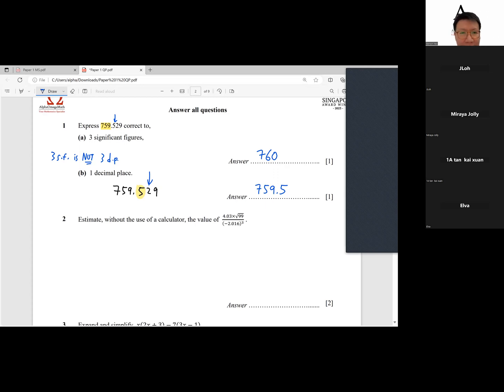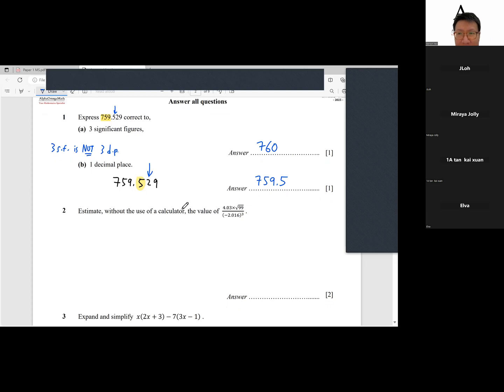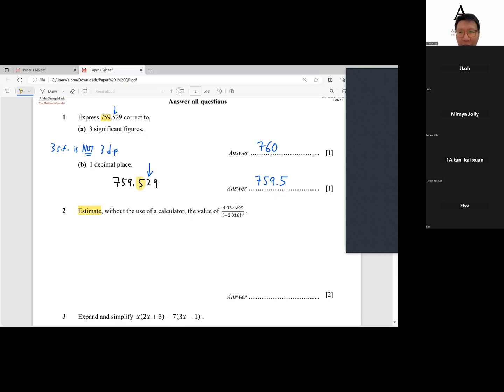Next, question 2. Very common mistake. Many students, when they are exam stressed, will just straight away throw this into the calculator. But be very careful. It says estimate. When it says estimate, before you throw it into the calculator, you have to estimate first. Now, be mindful of this. I'll teach you a trick. When they say without the use of a calculator, or do not use a calculator,